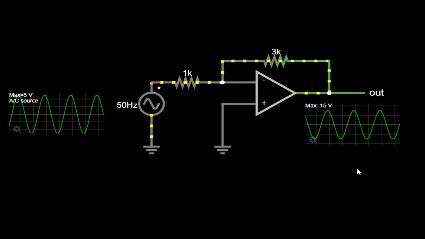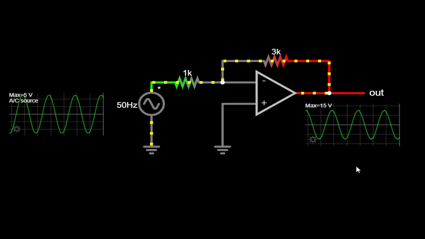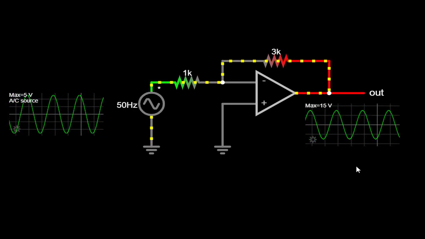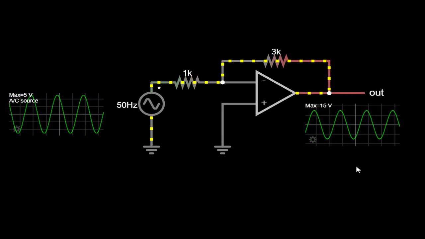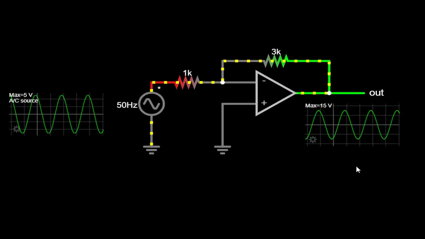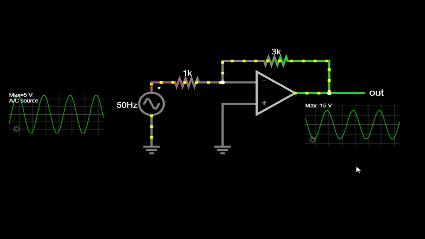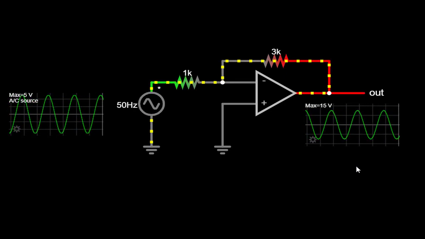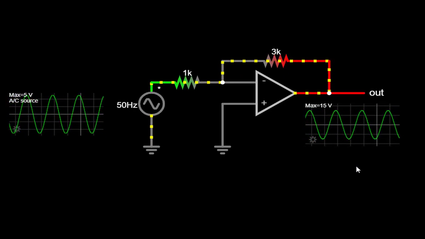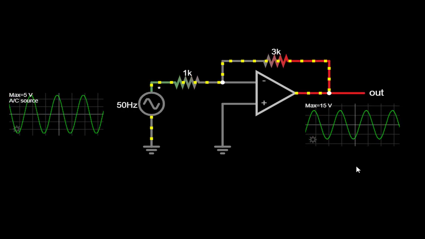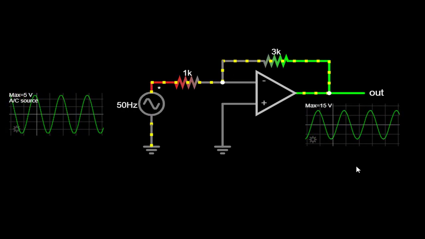The inverting amplifier is a functional building block in electronics and provides us with the ability to amplify and invert signals. By using the circuit simulator, we were able to visualize how the inverting amplifier configuration works, understanding the role of the op-amp, the feedback resistor and the input resistor.